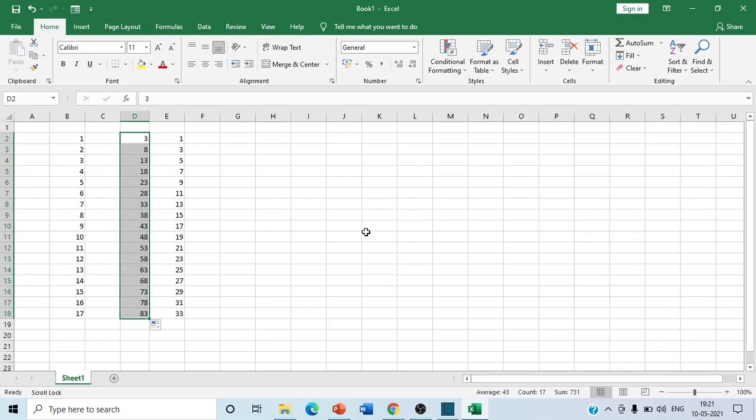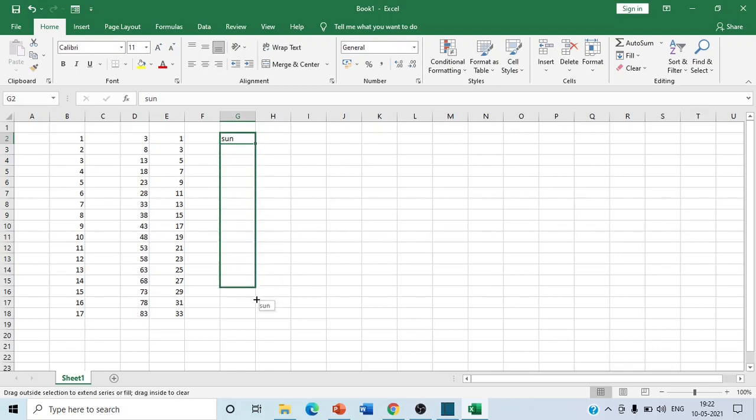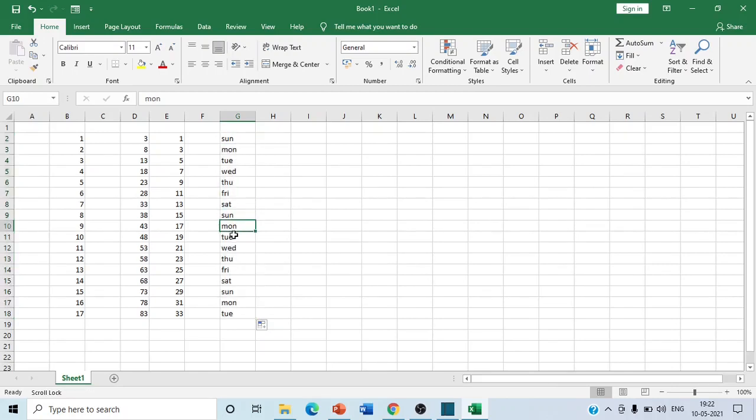In Excel there are also predefined lists. Some values are predefined. For example, if we write Sun, meaning Sunday, and you select it alone and drag, then you can see Sunday, Monday, Tuesday, Wednesday, Thursday, Friday, Saturday, and after Saturday it starts again from Sunday, then Monday. It is a predefined series. Many types of predefined series are found in Excel, which are entered by Excel itself.